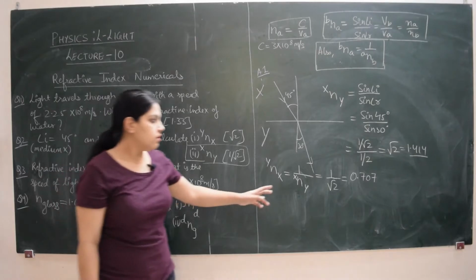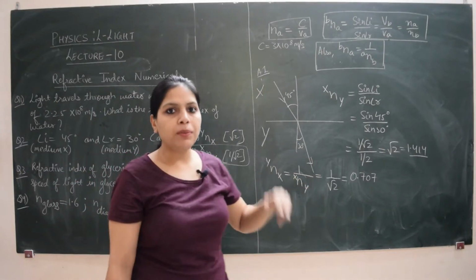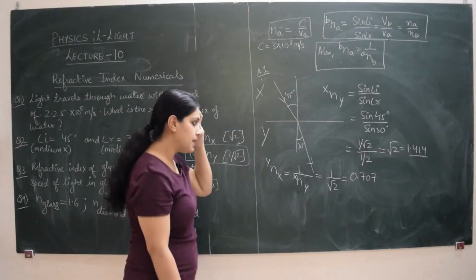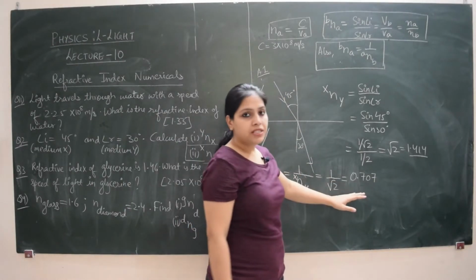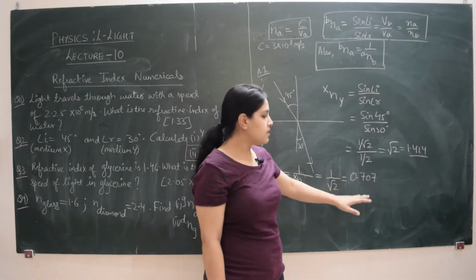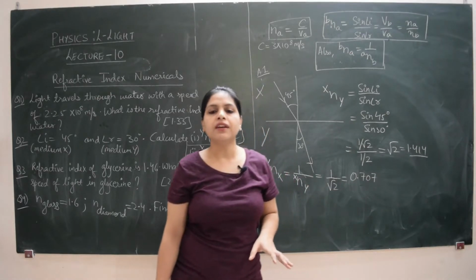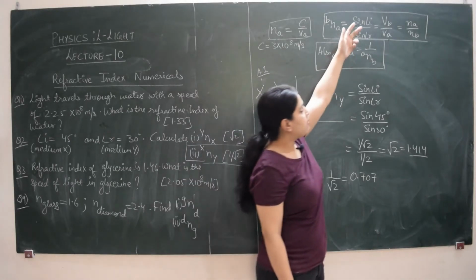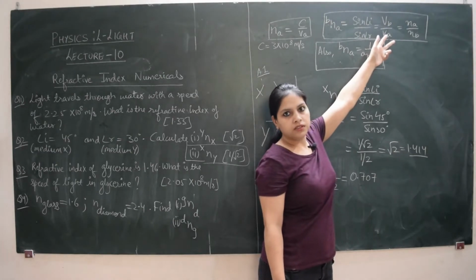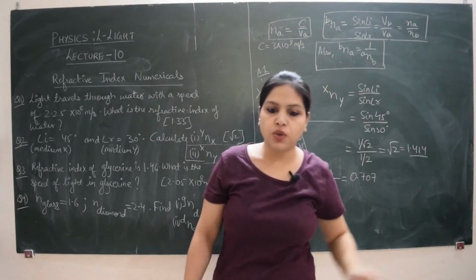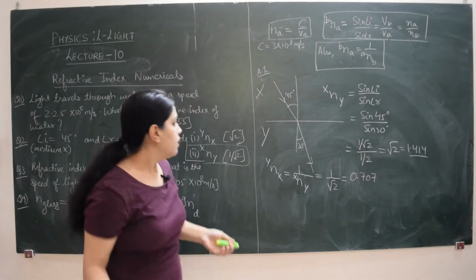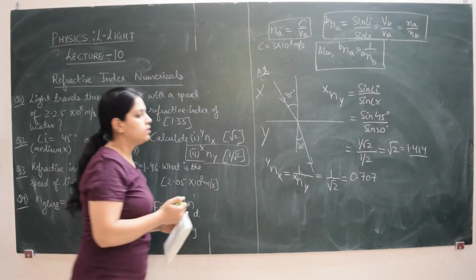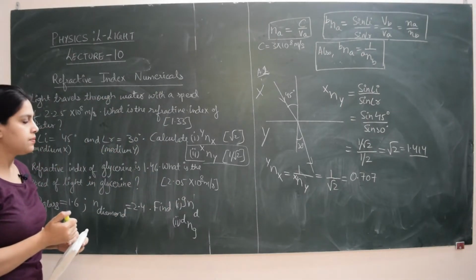Okay. So if refractive index of A with respect to B is given, you simply have to reciprocate to find out B with respect to A. As simple as that. So this is 0.707. One thing that you should notice here is the refractive index, absolute or relative, has no units because it is the ratio of same physical quantity. I am dividing velocity with velocity. So it has no units. It is a unitless or dimensionless quantity. So this is all about question number 2. This was answer 2. Both the parts.